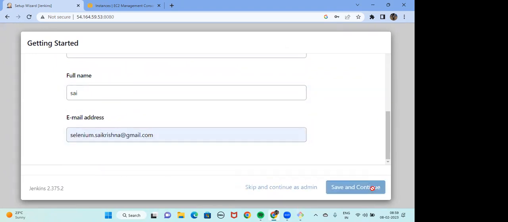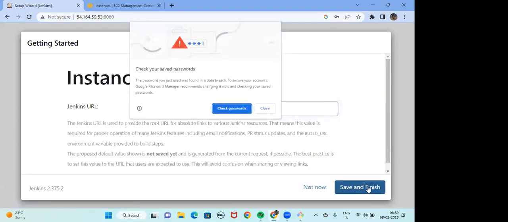So this is a fresh installation of Jenkins that we have done. Now, once this Jenkins is installed,